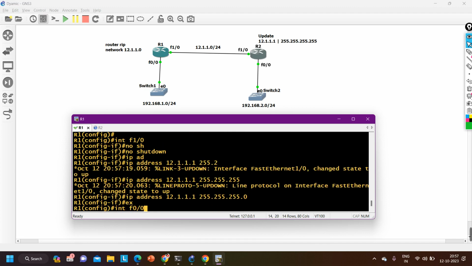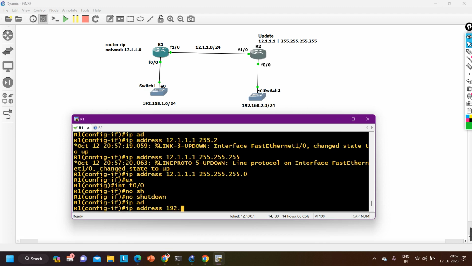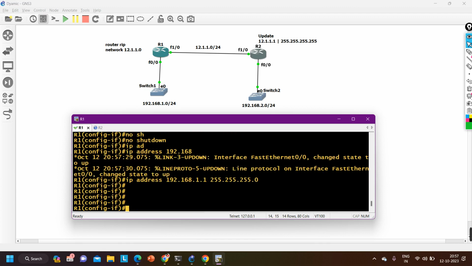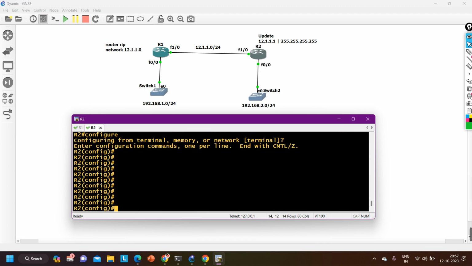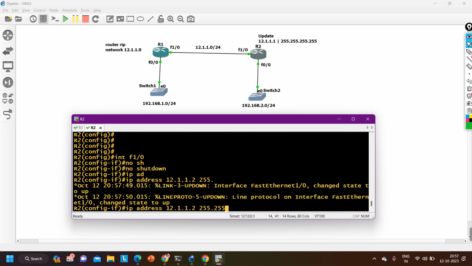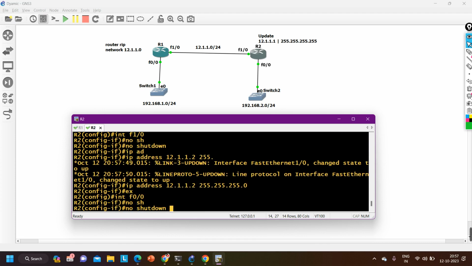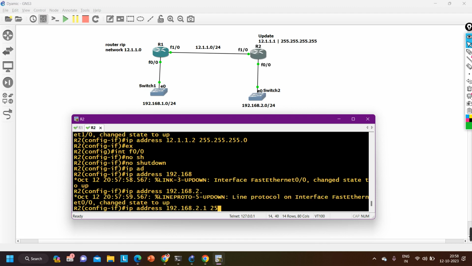255.255.255.0. Exit interface FastEthernet 0/0 no shut, and IP address is 192.168.1.1 255.255.255.0. On router number 2 also I am going to configure IP only. Interface FastEthernet 1/0 no shut, and IP address is 12.1.1.2 255.255.255.0. Exit interface FastEthernet 0/0 no shut, and here IP address is 192.168.2.1